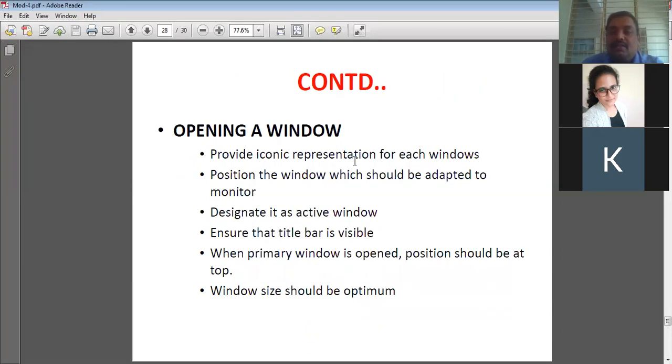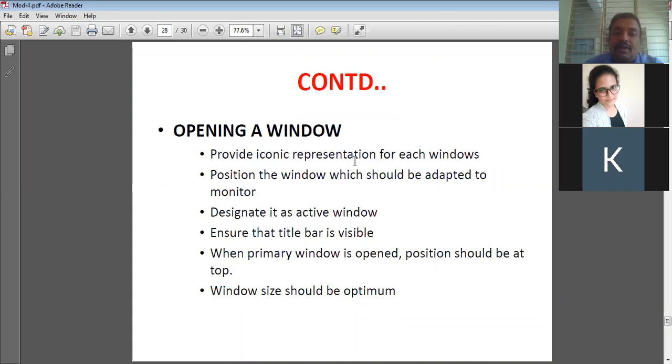The position means the location of the window should be adapted to the monitor. Suppose a monitor screen is 15 inch, it should automatically extract the size of the particular device, and it should adjust the position. Next, designate it as an active window. Whichever window is opened, that should be designated as the active window.